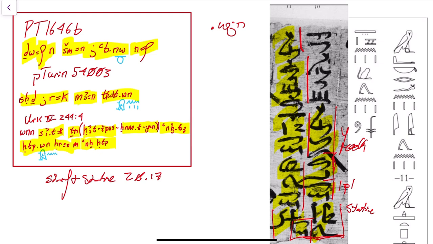So right off the bat, you should expect that this pechen is a bit strange. And really there's three solutions to what this pechen is. The first is that this is a perfective sejamef, which is a narrative verbal form, really the main narrative verbal form in Old Egyptian, though we wouldn't really expect it here. And it's been argued by some, including Allen, that there are other perfective sejamefs in this text, but